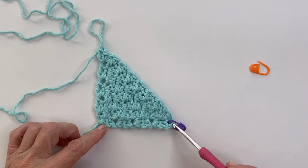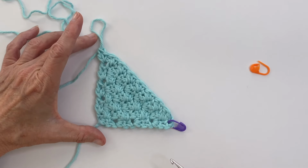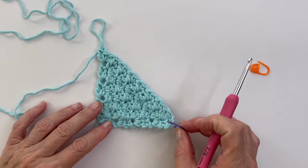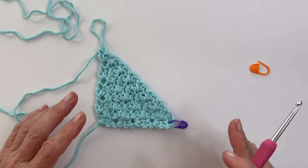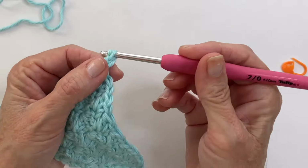We want this to stay the same, so we're going to be doing a decrease on this side, and we're going to continue increasing on this side. Once you get the hang of it, it's going to be really simple, but adding a stitch marker on one side really helps. So we're on our increase side. We're going to do everything as normal. We're going to chain 3,